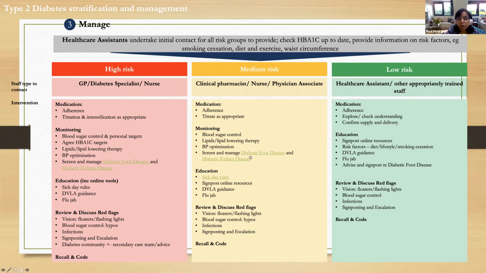So they ensure that the diabetes blood tests are done, all the urine tests are done, and smoking, diet, exercise, the circumferences, and the weight, if the patient is able to do it, are recorded. Most of these things you can do remotely, including the blood pressure if they've got a blood pressure machine at home. They then review and decide the patient is in the low risk group. However, the low risk